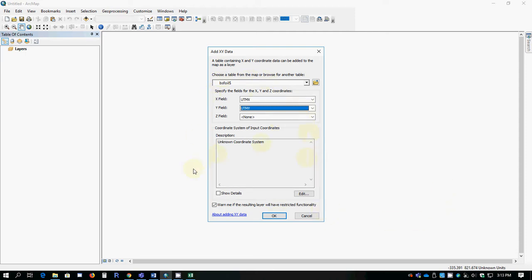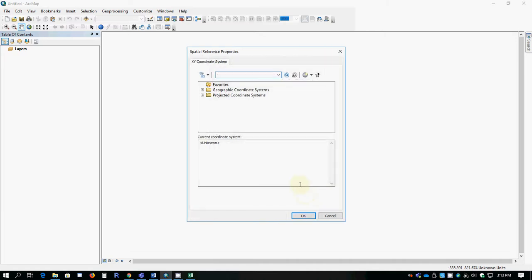We also need to tell the computer, and this is a very important point for now and in the future, you have to know, and you have to tell the computer, what coordinate system the data was collected in, what coordinate system those numbers represent. And right now it's unknown, and if it's unknown, the process won't work. So I do have to ask for edit, and the coordinate system that this data is oriented to, and I got this